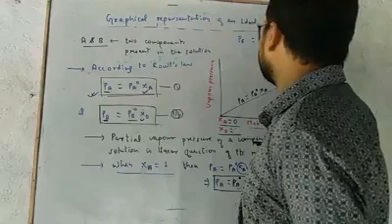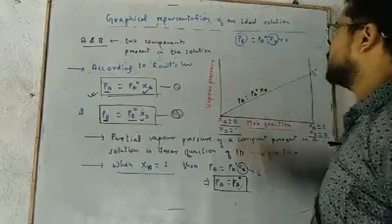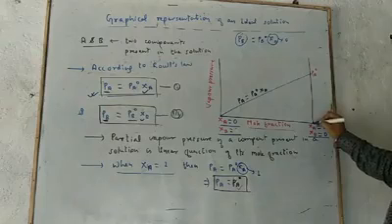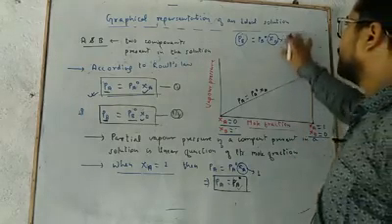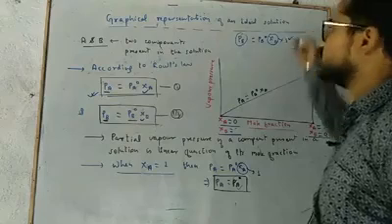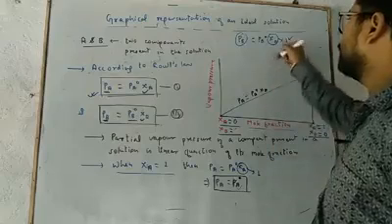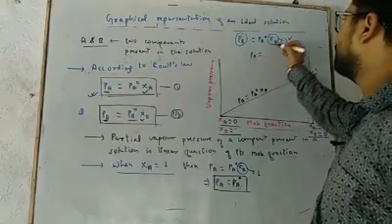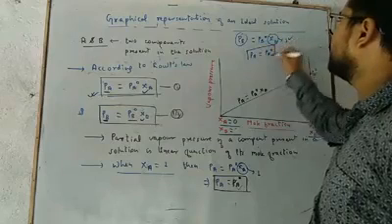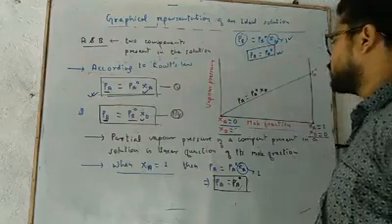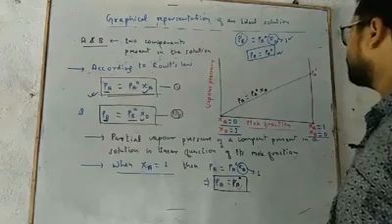We have this PB is equal to PB0 XB. When this XB will be 0, then the whole term will become 0, means the graph will originate from this point. And when you put XB is equal to 1, means only component B is present this time. So you will get PB equal to PB0 into 1, or simply PB is equal to PB0. So when XB is equal to 1,